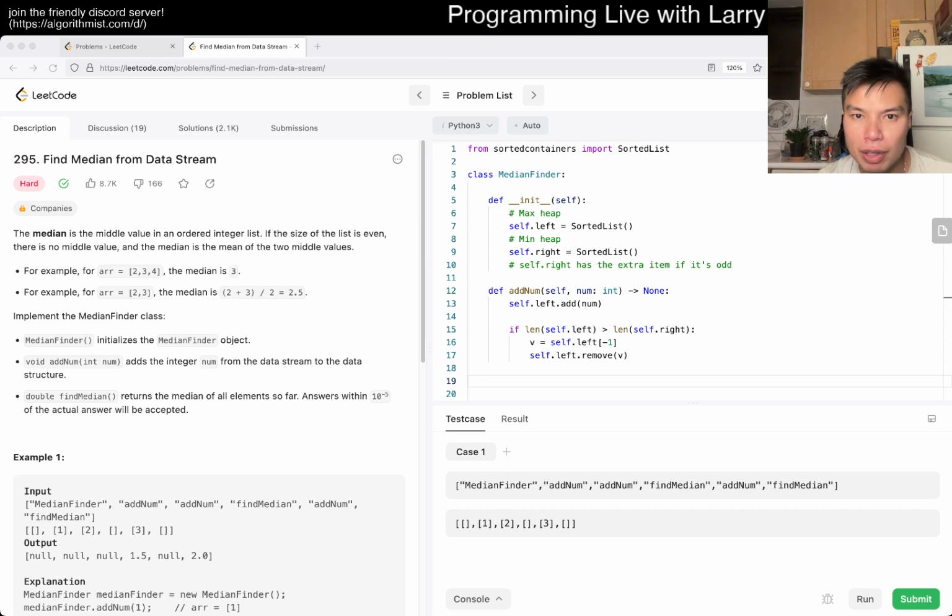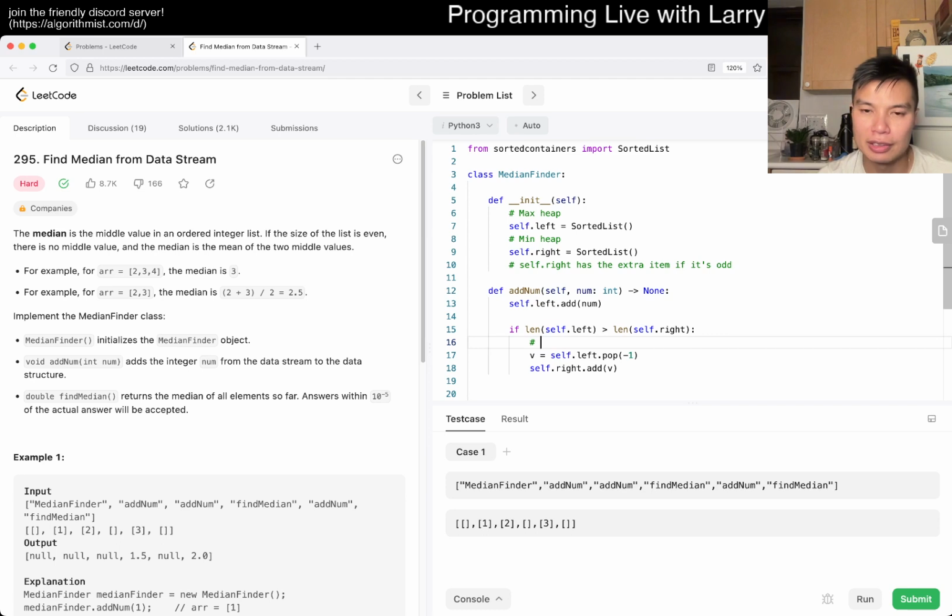We move and return. Okay, that's fine at the index. So yeah, I could do something like self.right.add(v), right? So now after this,